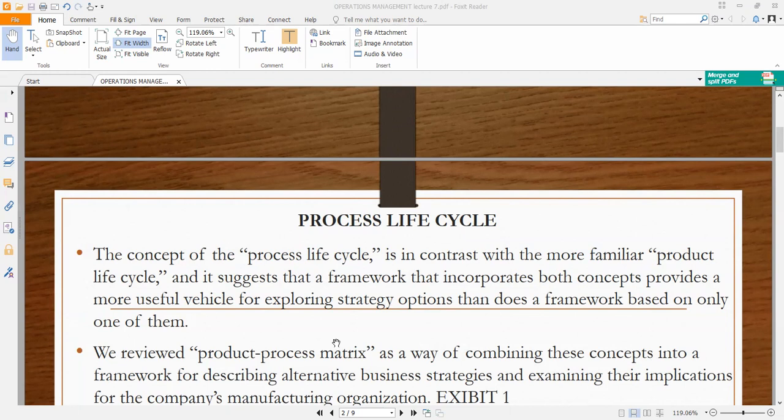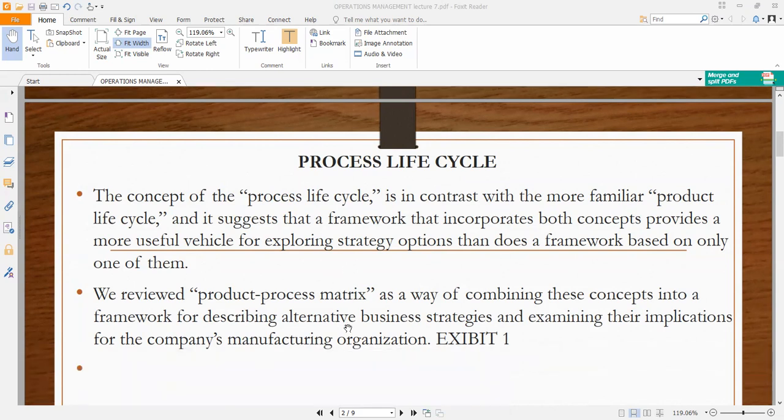If we are clear on that, we say that we reviewed the product process matrix. I remember we reviewed it, and I know maybe some of you were not very clear about what this product process matrix was, especially the first time we talked about it. However, I believe and hope that it will be very clear as we go through the concepts of this lecture today. Now, as a way of combining these concepts into a framework for describing alternative business strategies and examining their implications for the company's manufacturing organization,